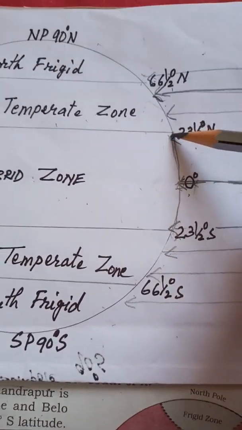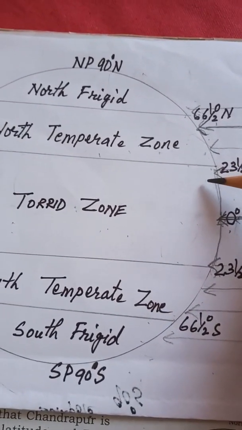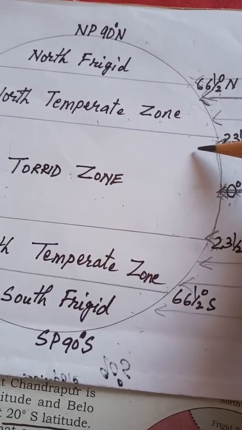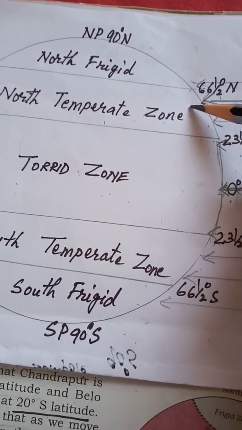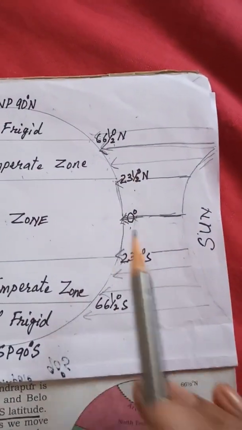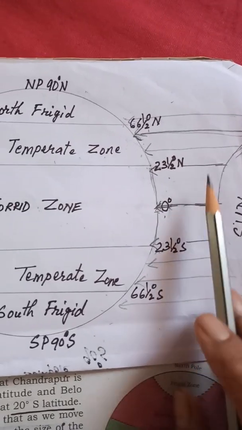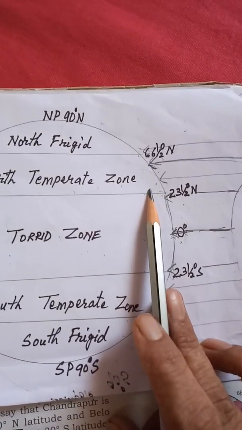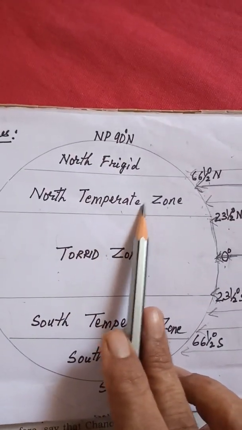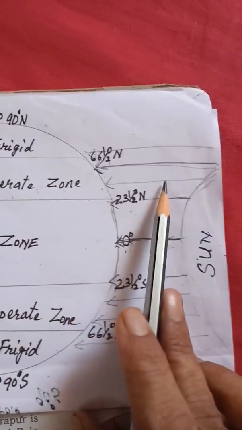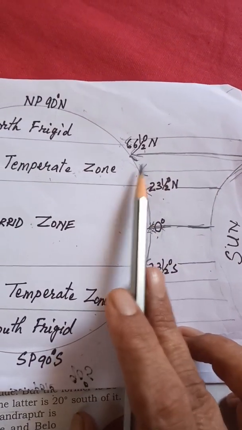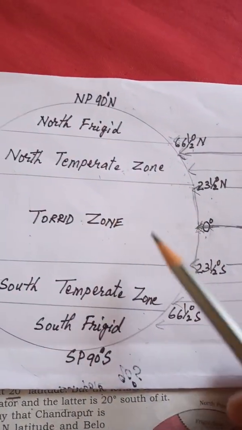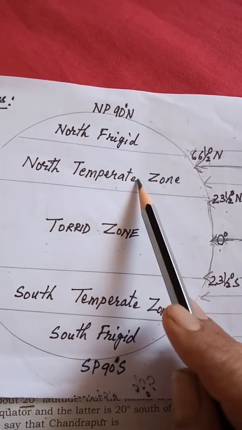Then as you move away towards North Pole, say from 23½ degree north to 66½ degree north, that is Tropic of Cancer to Arctic Circle, this area receives slanting rays of the sun. See, the rays are becoming longer. So the areas get very moderate temperature, because the sun rays are heating larger areas. They are also traveling a longer distance. That's why the temperature comes down and they receive moderate temperature.